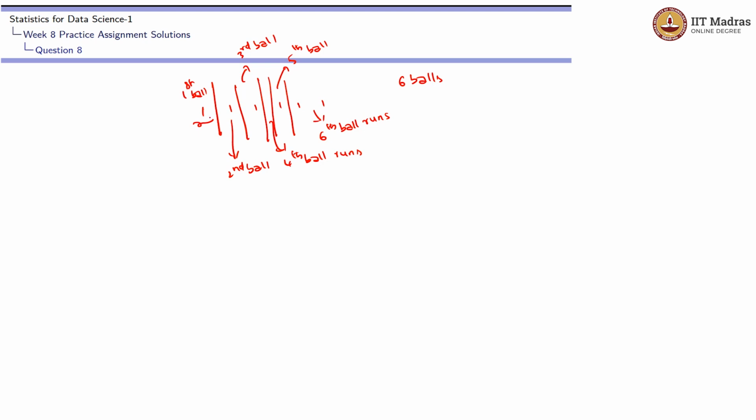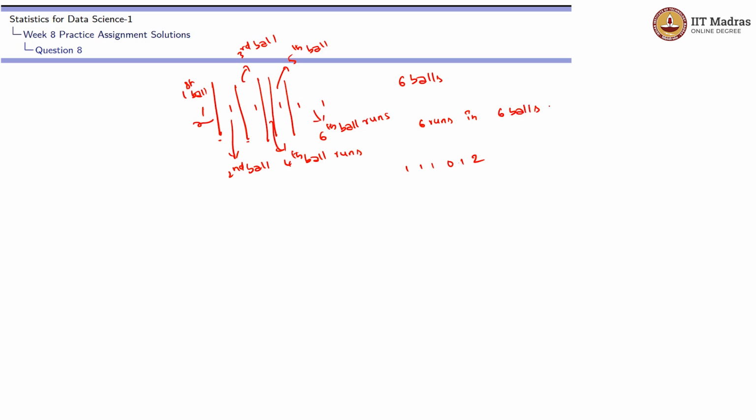So in this particular way, he scored 1 run in the first ball, 1 run in the second ball, 1 run in the third ball, 0 in the fourth ball, 1 run in the fifth ball and 2 runs in the sixth ball. If we arrange these different values of 1 and this boundary value, which is nothing but this big vertical line, we will be getting all the possible ways in which we could score 6 runs in